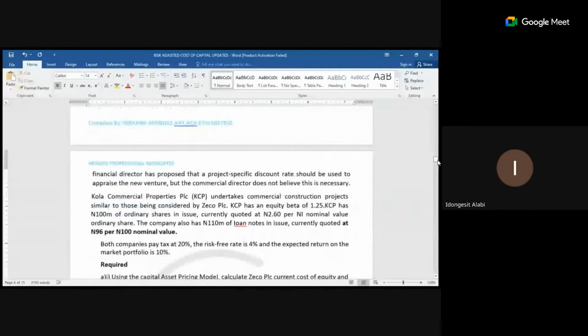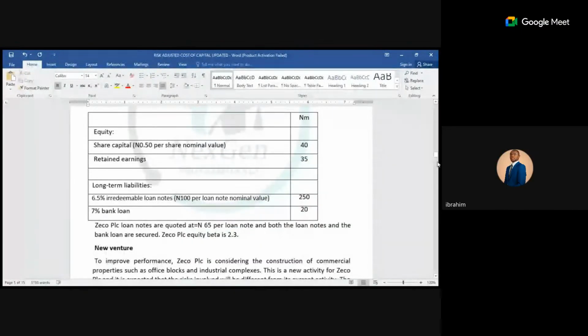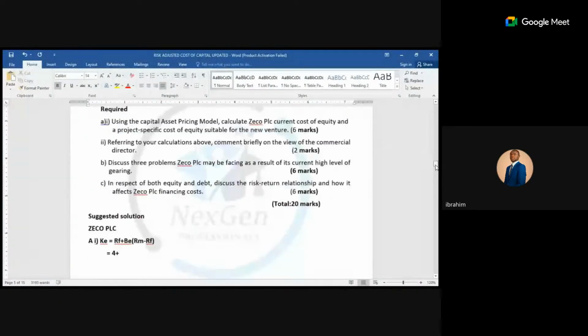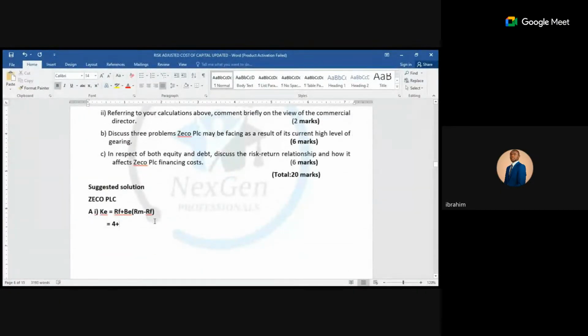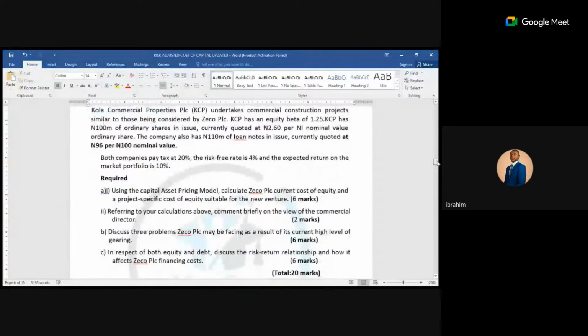2.3? Thank you. Equity beta of 2.3, right? What is the market return, class? 10%. Someone said 10%, and another person said 5%. Market return is 10%